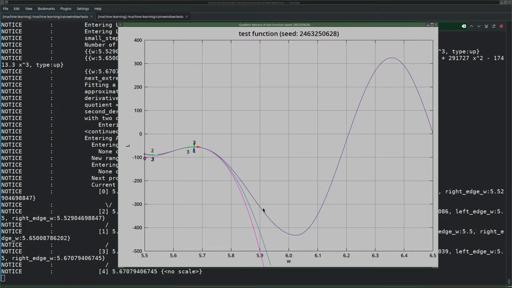And then you could say, well, if this part does not contain a minimum, and this part does contain a minimum,